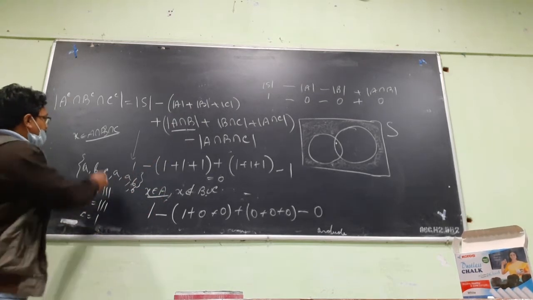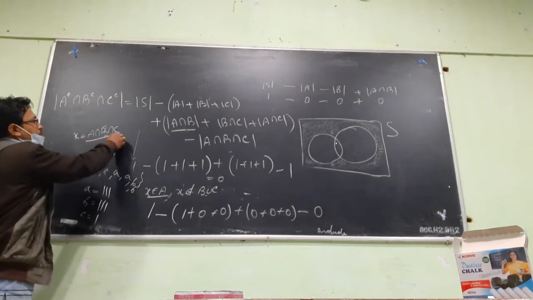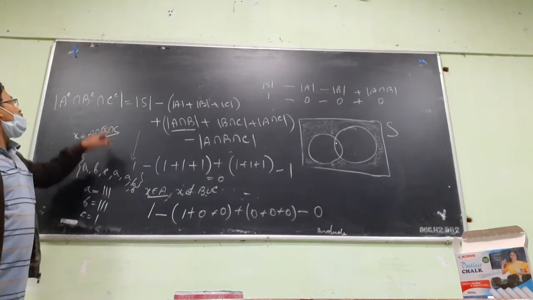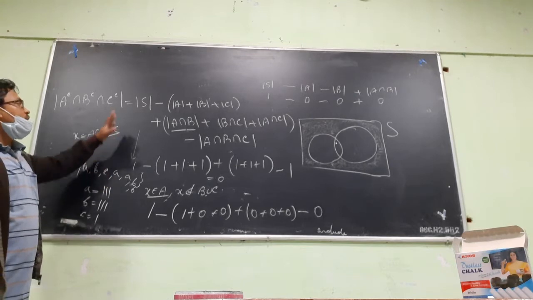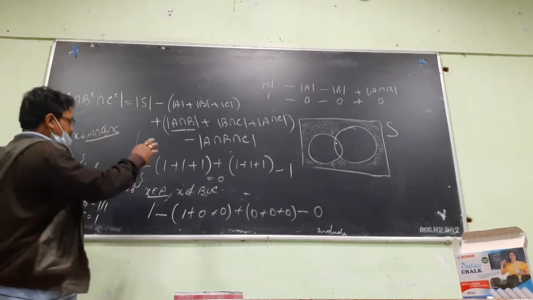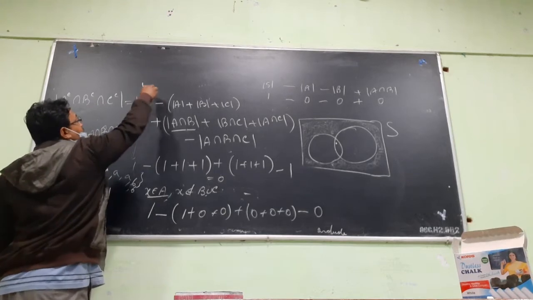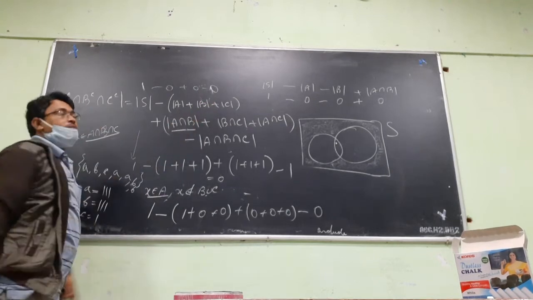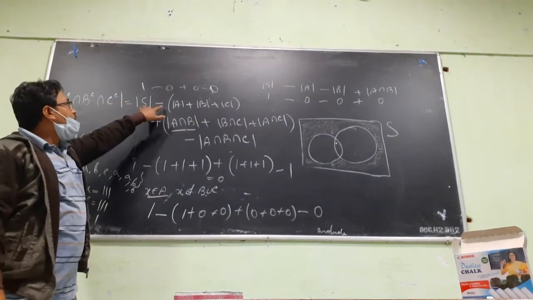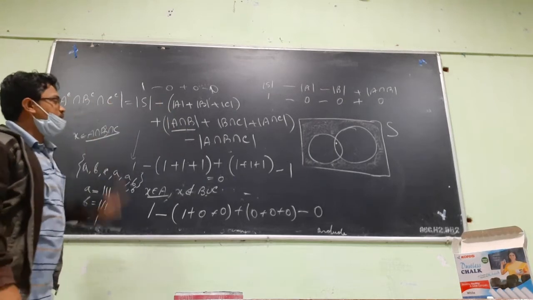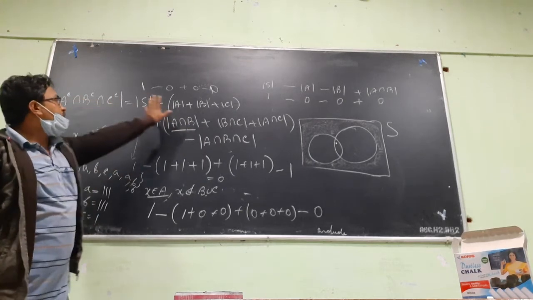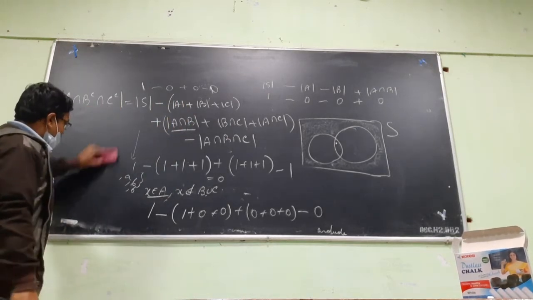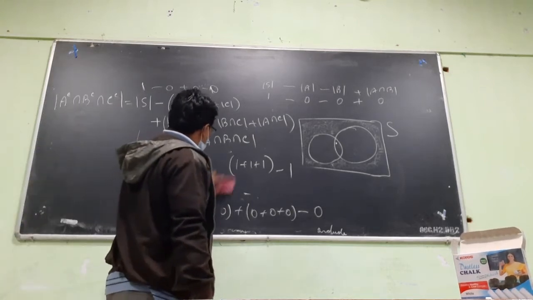So we have covered all 5 cases. Belongs to all 3, belongs to 2 of the sets, belongs to exactly one set. The other case: it doesn't belong to any of these. So an element which is not there in any of these is counted how many times here? 1 time here, and it is not there in any of these, so everything else here is 0. So an element which is not there in any of these sets is counted exactly once on the right side, and on the left. So that is why this is exactly equal to this.